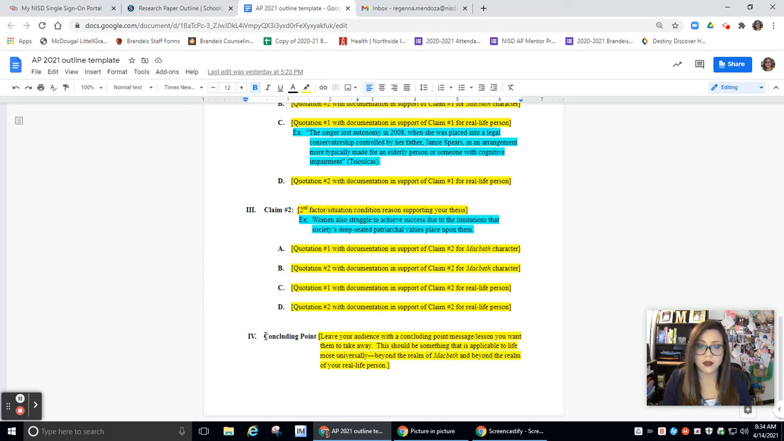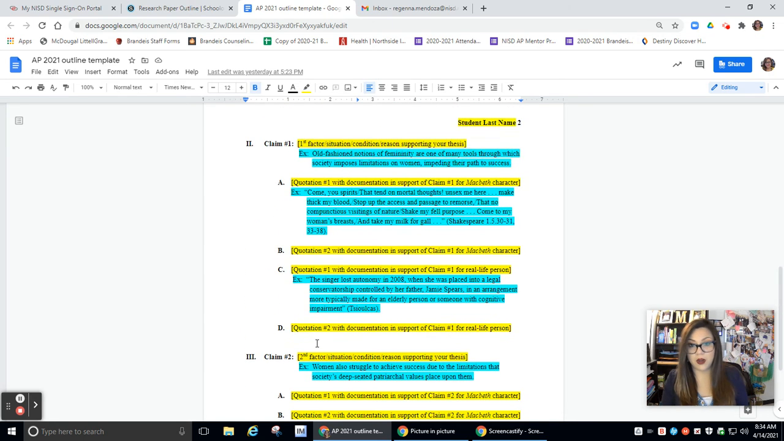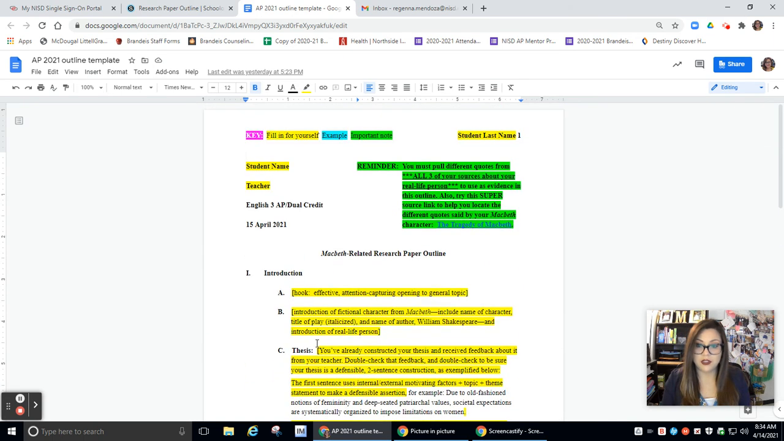Add in, instead of Roman numeral 4, press enter, let that be your third claim, and then your concluding point would be Roman numeral 5. So it's up to you. I know some of you are choosing to do a third claim and some of you are not, so it just depends. All right, I'm going to show you this fancy schmancy tool